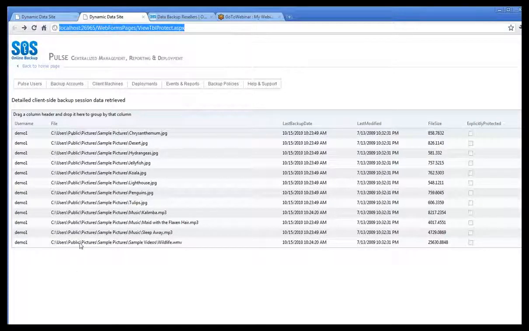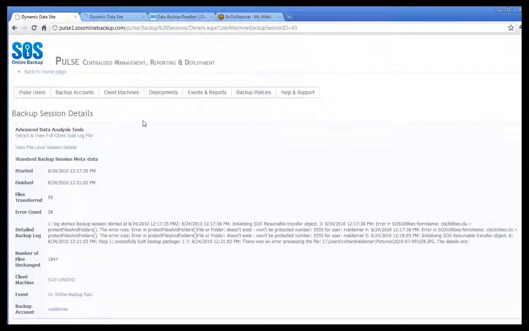So when the backup ran, it looked at these files. Whatever your selection was, SOS decided that these files matched the selection, so you can check that. It shows you the last time they were successfully backed up. It also shows you the last time they were modified on that PC. So you can really start to slice and dice this data. For example, if you want to look at all the files that SOS skipped because they hadn't changed, you can get that report. I can also group my data. So if I want to group by last backup date, I can just drag and drop and group my data by last backup date. So we've got extremely